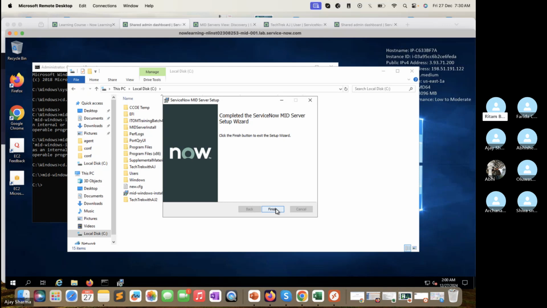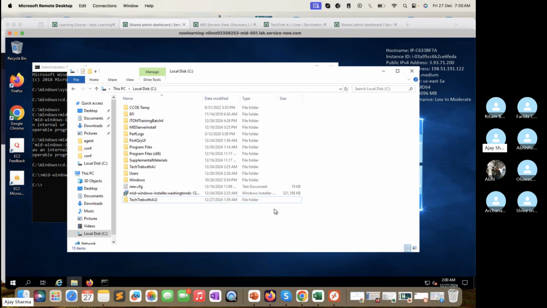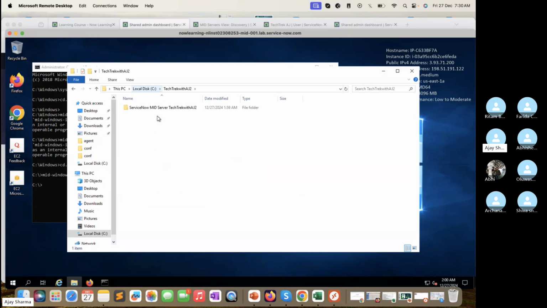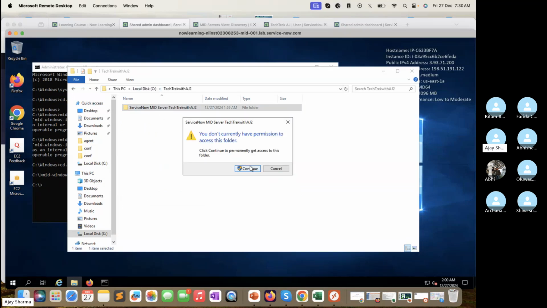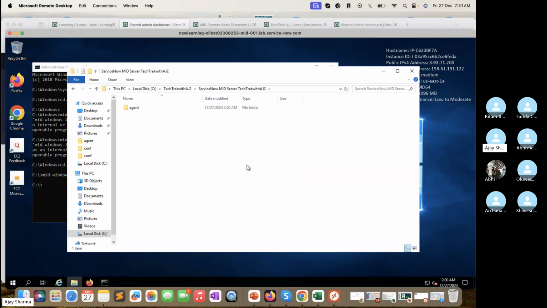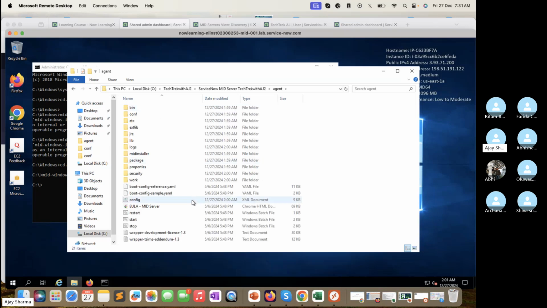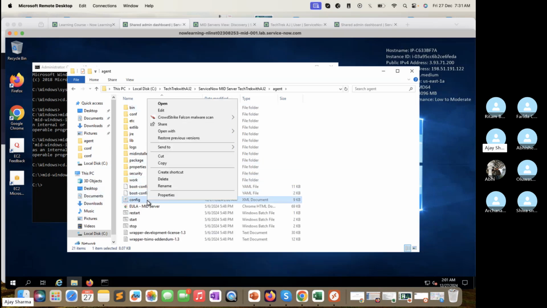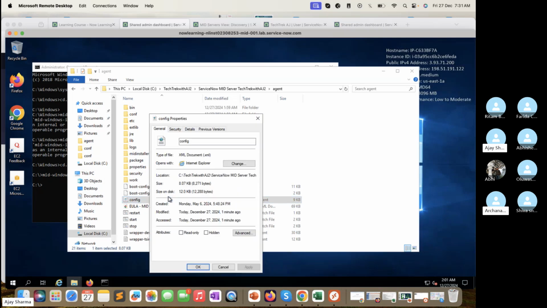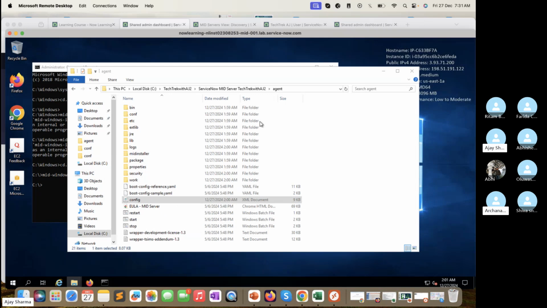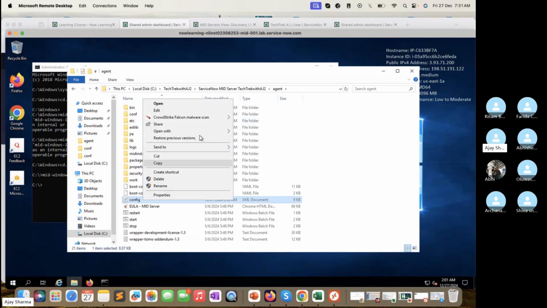Okay. So let me finish this. Now you can see earlier my folder was blank when I created it, but here the files are available now, right? The agent file is available and all other things. Now let's check the configuration, because this time we have not done anything with the configuration of TechTrack with AJ, but we have installed through the installer file. So let's go and open this with